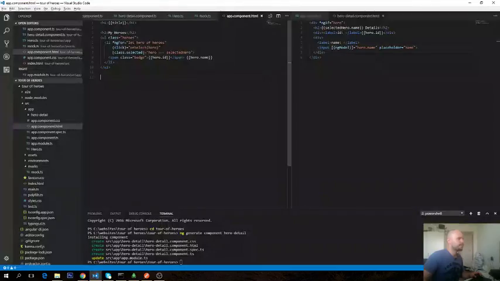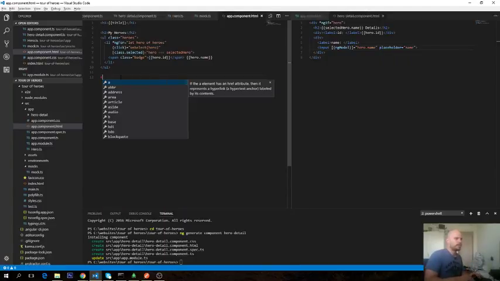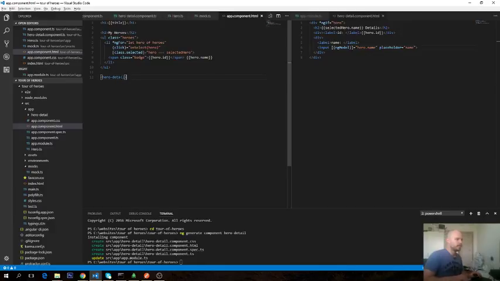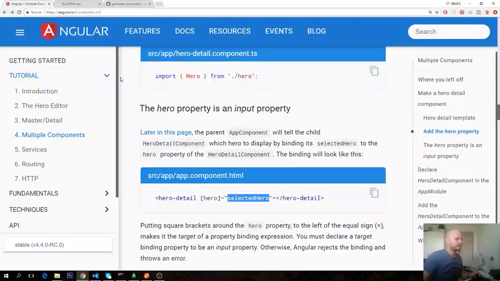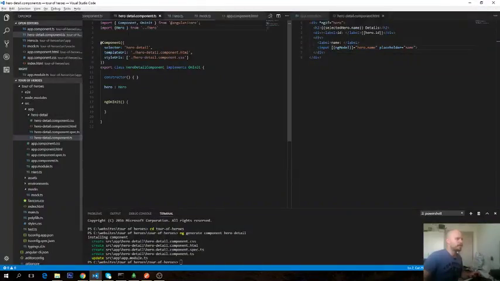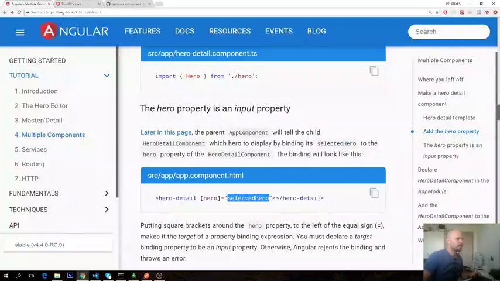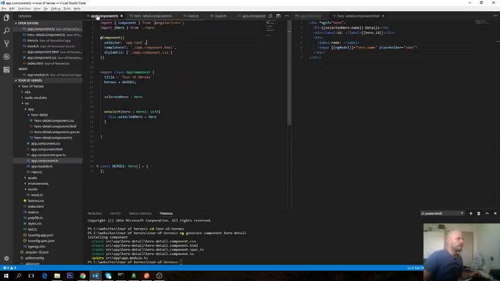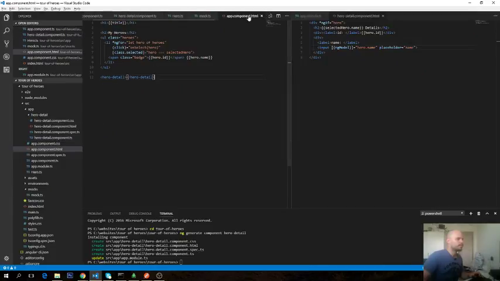Here we want to import the hero detail, right? That's how we call it, right? Hero detail, and we're going to grab this one, and they told us to have this one and selected hero,